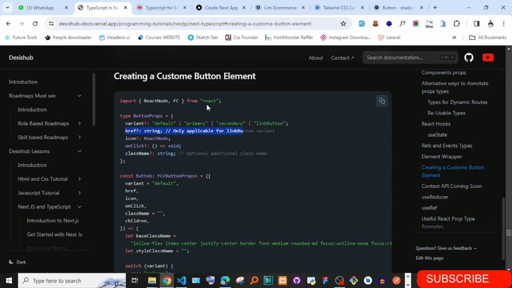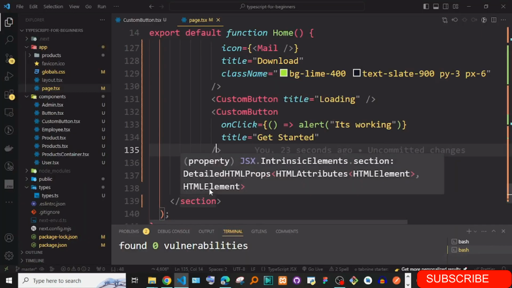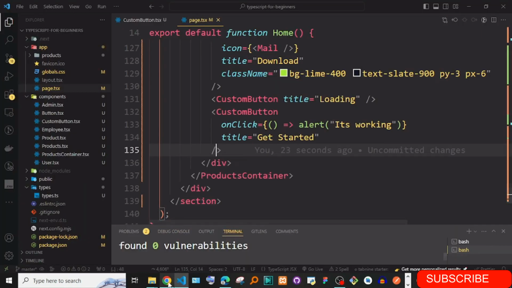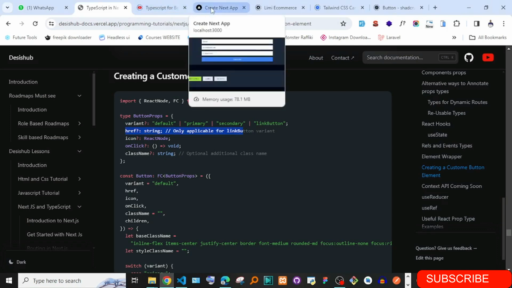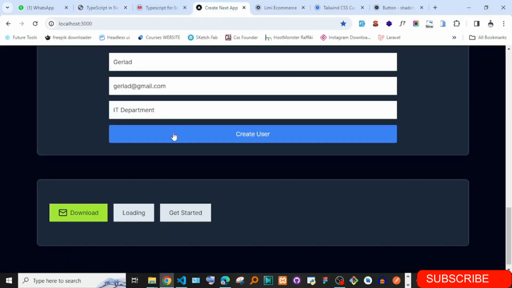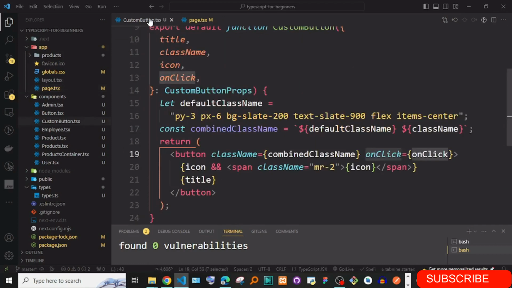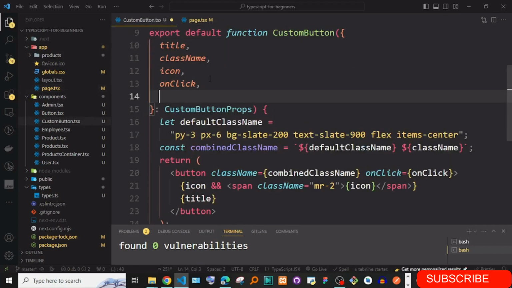For instance, if I want the button to have an icon but it is a link, because most of the times you want something to be a link. You might just want this button to be a link. Right now it is just a normal button, but what if I want this to be a link? So we can also just pass in another prop of href. So you can just say href,